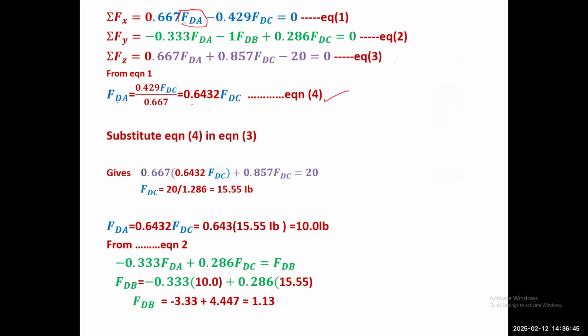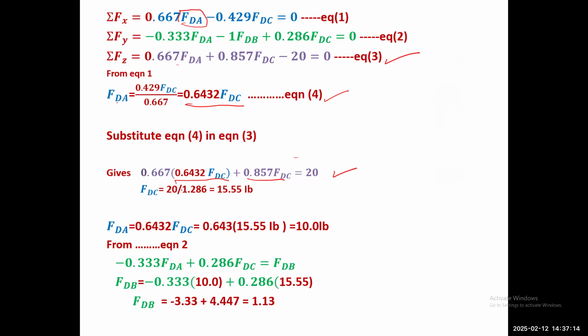So you take this now and you put it in your third equation, which is right here. Right, so you see the 20, you can carry 20 over, and anywhere you see FD, you put 0.6432. So see it right here, and then you'd have another FDA, and you sum them right there,